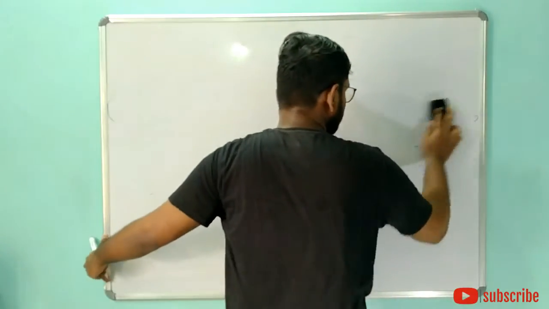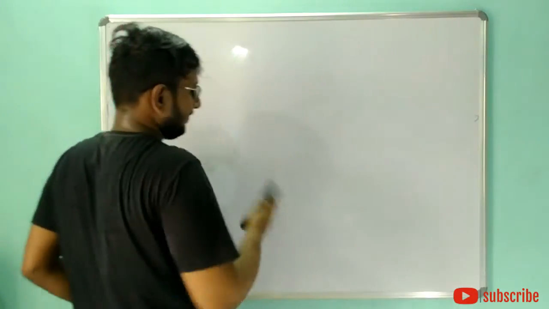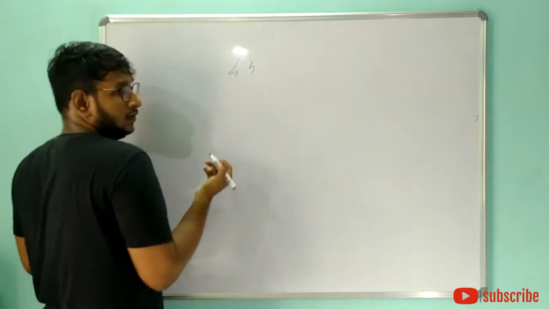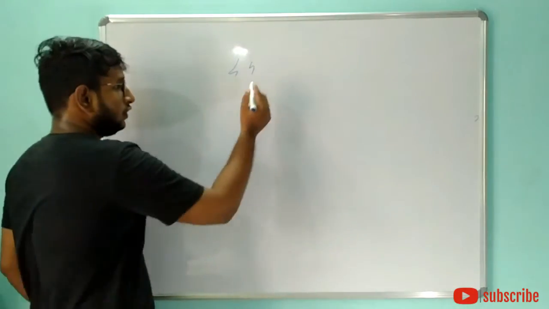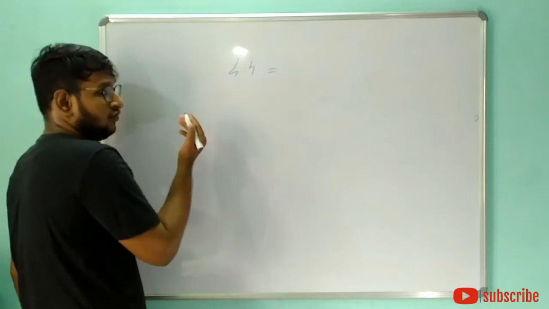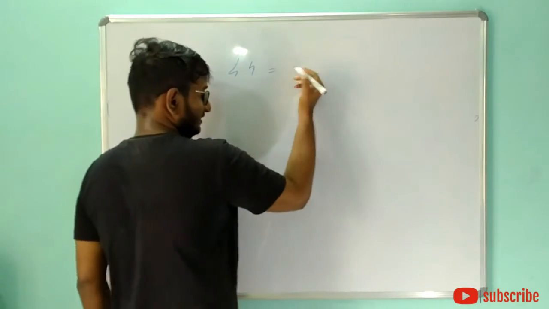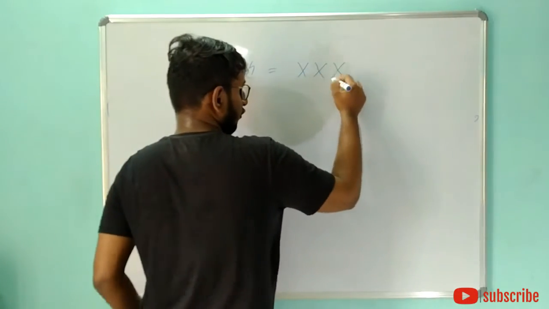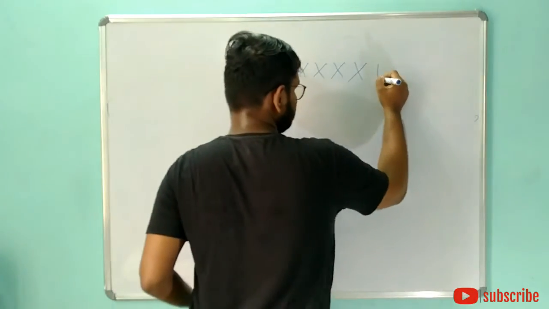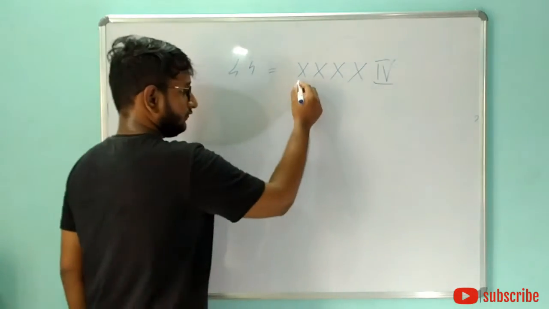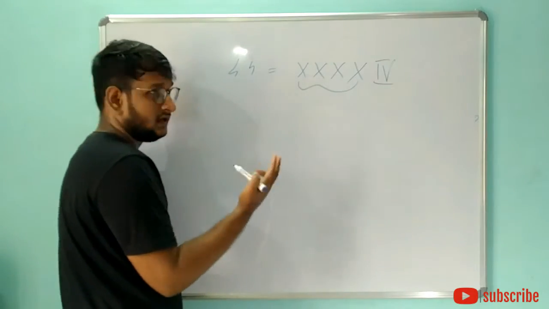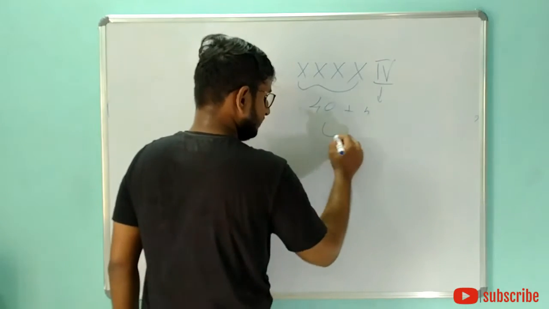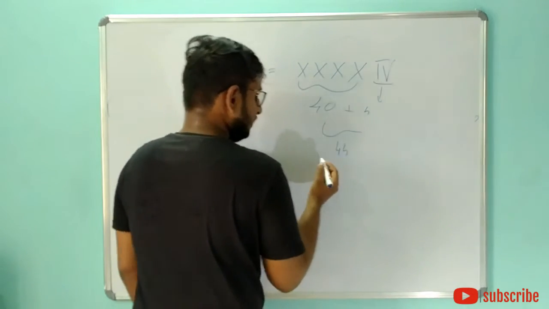Okay, so in order to represent a number like 44, you don't need to represent it like this. We could represent this number as 4 times X, and then use this other symbol to represent 4, because this 1X stands for 10, so 4X might be 40, then this 4. So together we might get 44, right?